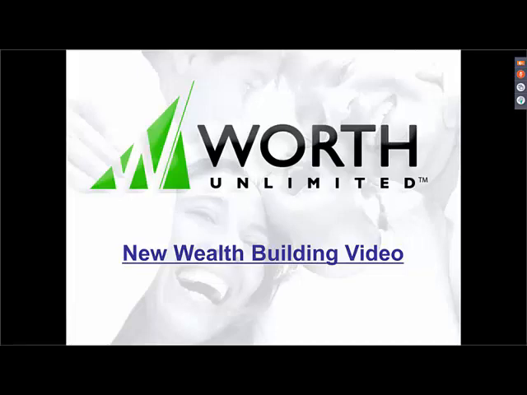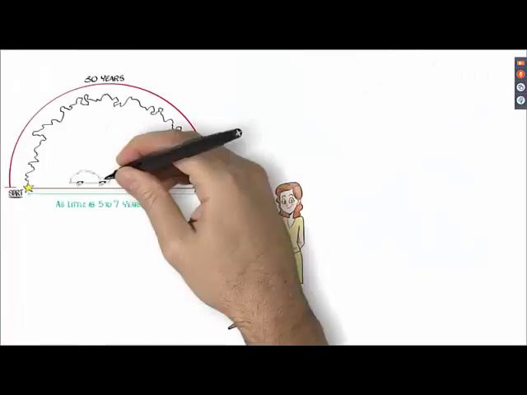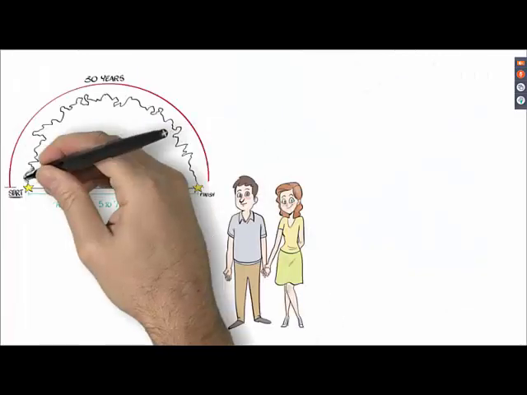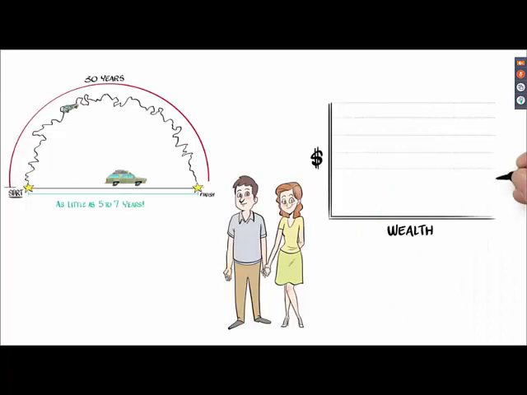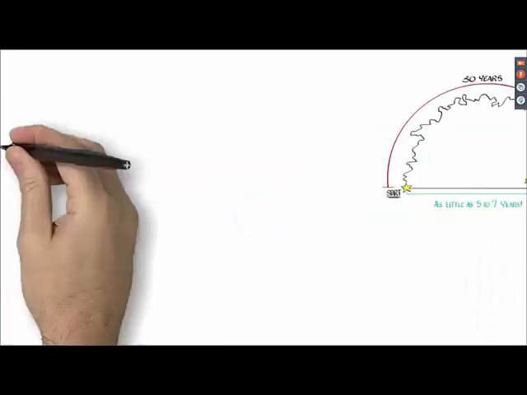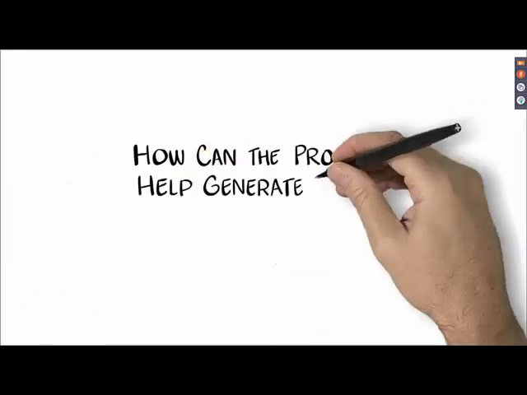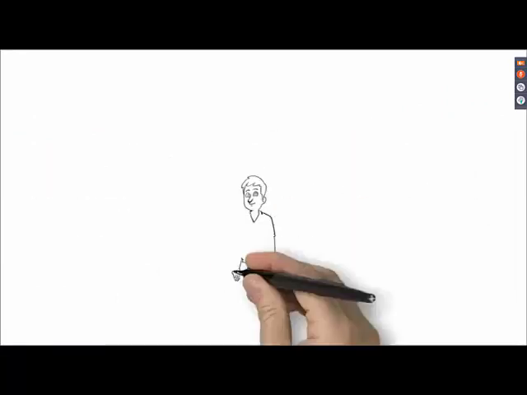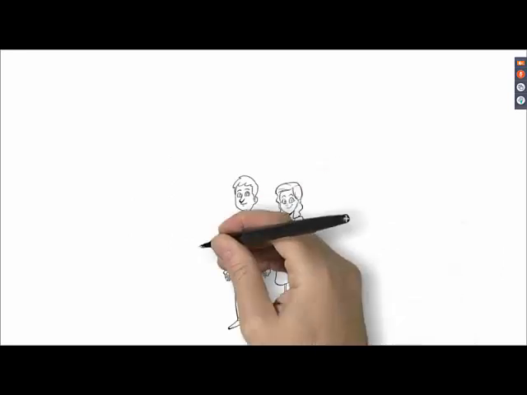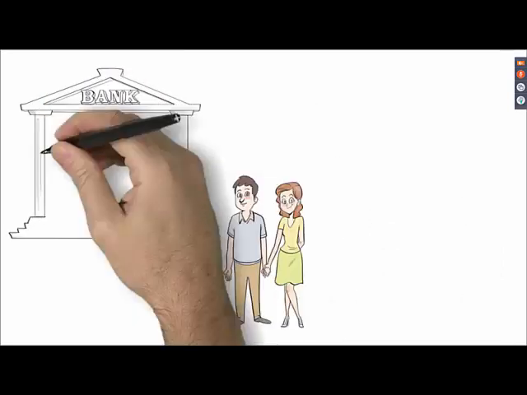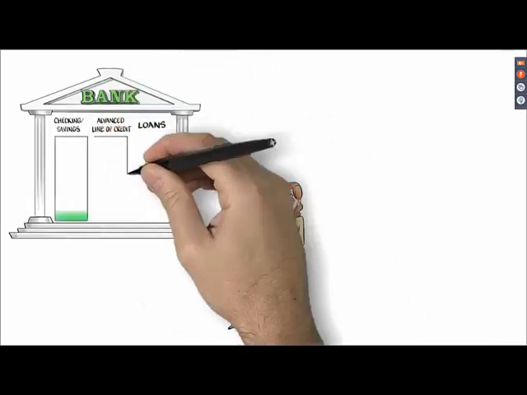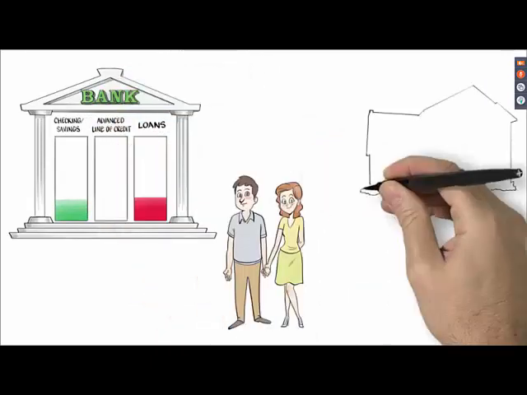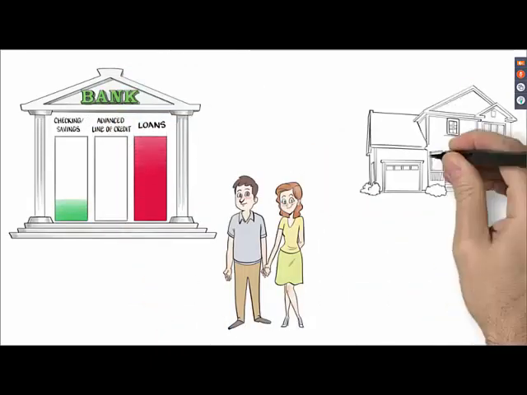From the debt elimination video, you have seen the amazing debt elimination and interest reduction power of this program. But did you know this program also helps homeowners to build wealth and create significant residual income? Well, let's look at one example of the program's amazing wealth building and income generating power. From the previous video, we saw how the program pays off mortgages and other debts in record time. But our couple wondered, what would it look like if we also decided to invest in a rental income property